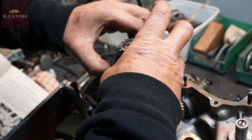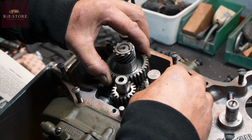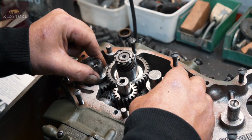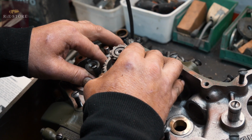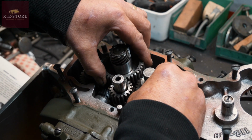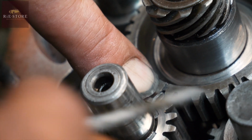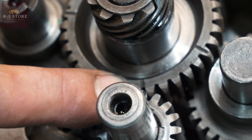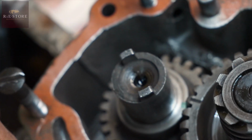So he goes in. You line that up with that. You line that up with that, with a tooth out there. Okay. So what I marked there, on your front intake cam, and on your mark there on your rear exhaust cam. And then your front cam